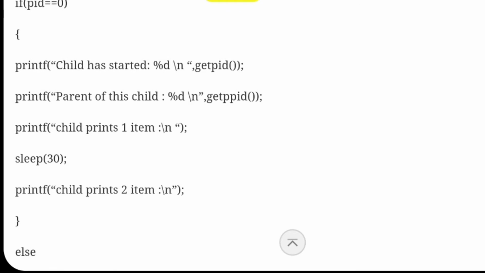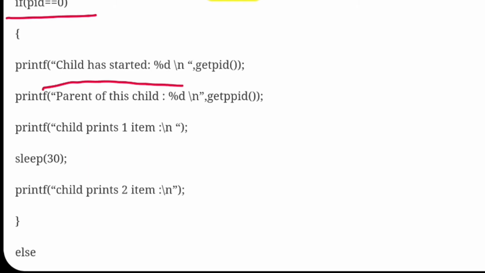If PID equals 0, as you know, it will be the child. When the child is successfully created, after the fork function it will return a 0 value. That means if PID equals 0, it will be the child. Now the child has started, we have to make a printf statement and give the PID of the child, and the parent